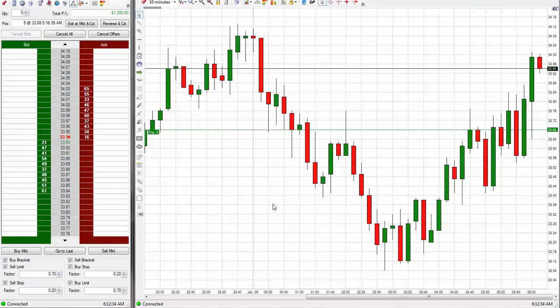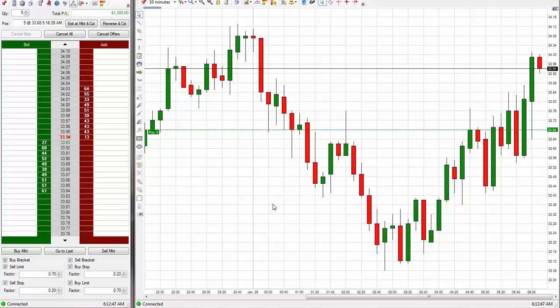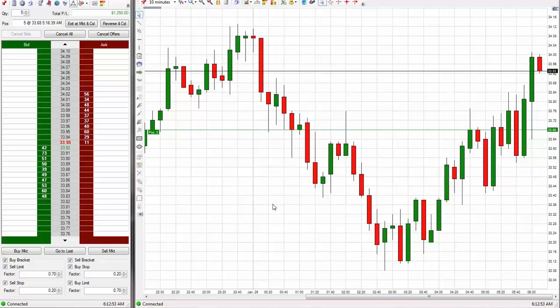And how you hit it is there's only one way to hit it. You have to go for it in order to hit it. There is no way that you can get out early and then still hit it. If you're going to hit it, you have to go for it. And as long as you know you're right on the trade and you're leaving a buffer in there, you should hit it.